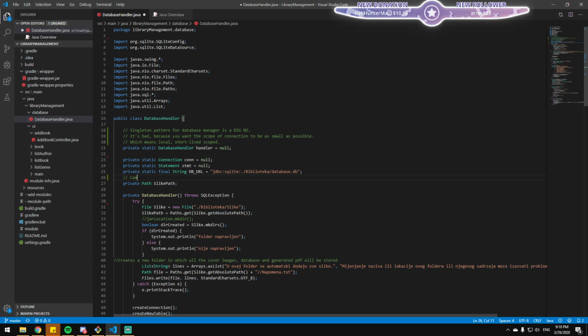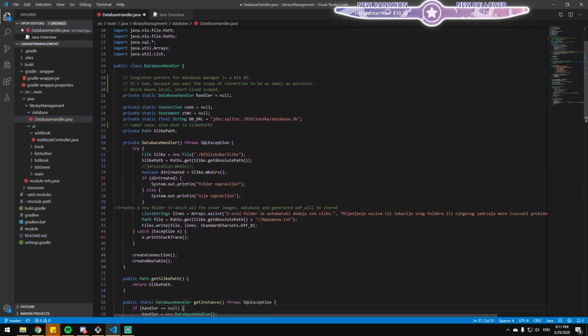No prefix underscore. All right. So camel case. Also, what is slick path? I mean, it might be project specific, in which case it isn't that bad. Still, as an outside reader, I don't know what this is for, and at least a comment would be nice.